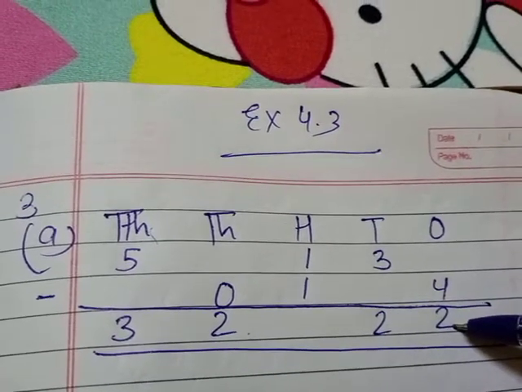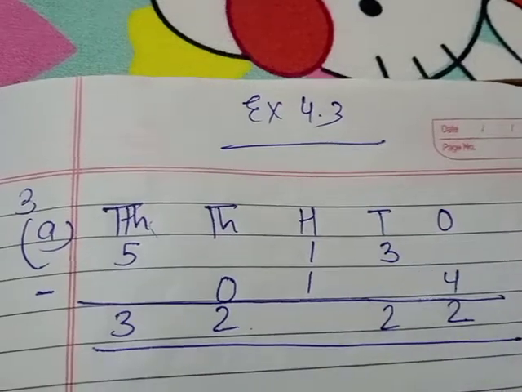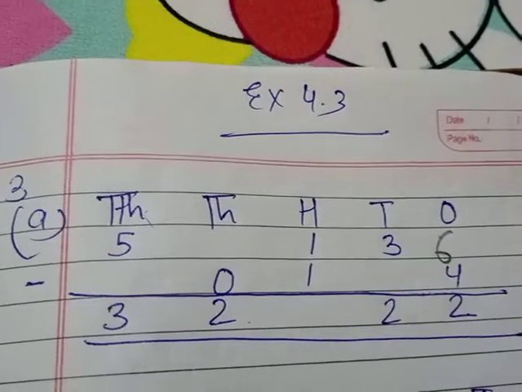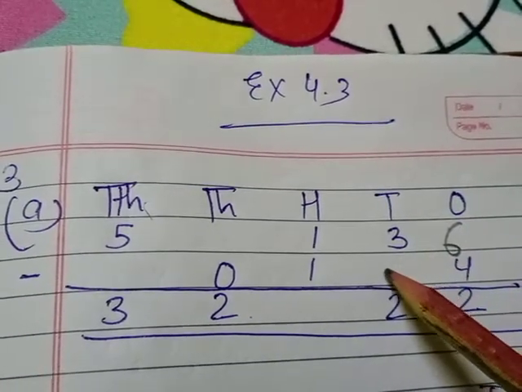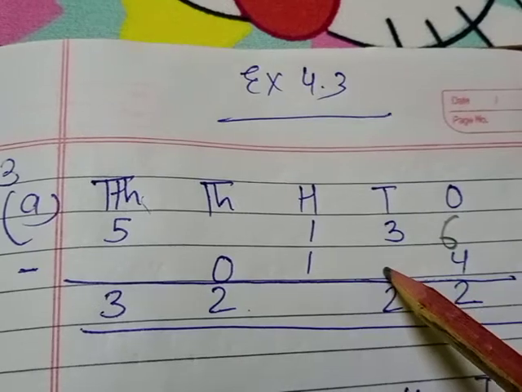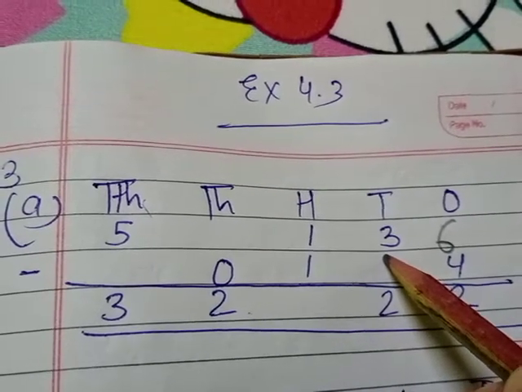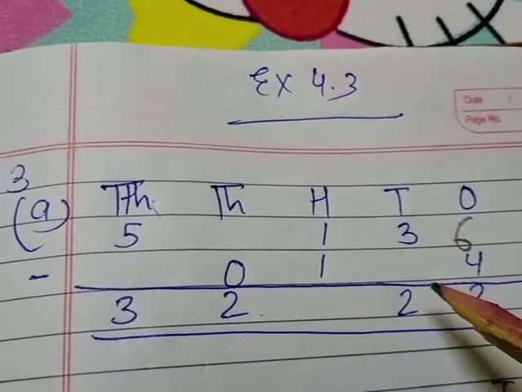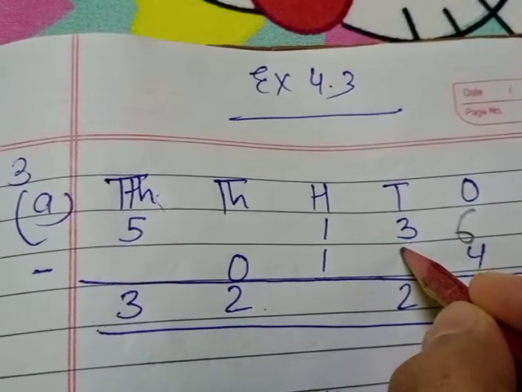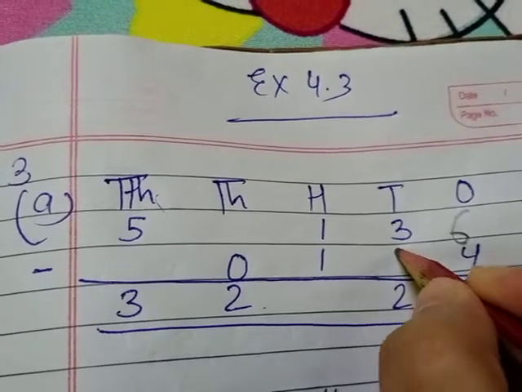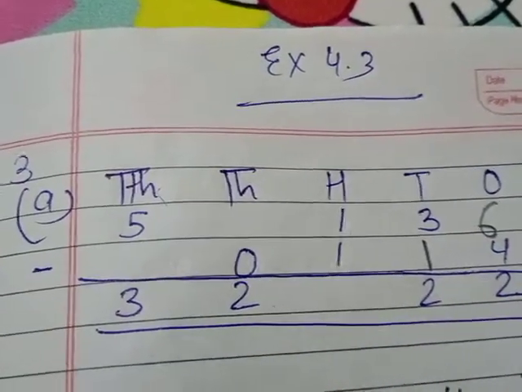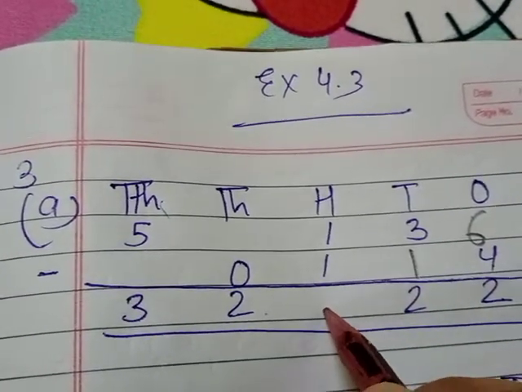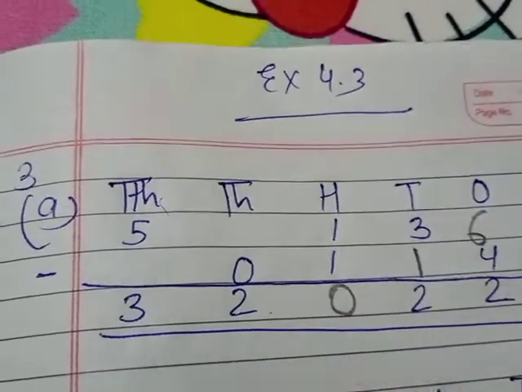4 plus 2 is 6 now. It will come here 6. Okay. Then here we have to find the subtrahend. Whenever we have to find the subtrahend, the rule is subtract the minuend and the difference. 3 minus 2 is 1. For finding the subtrahend, what we have to do? Minuend and the difference we will subtract. And for finding the difference, we all know we will do the subtraction only.